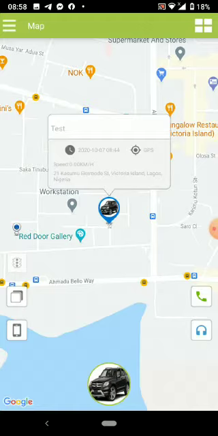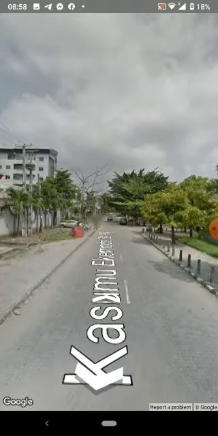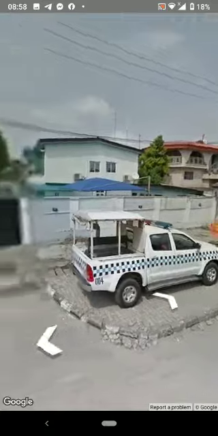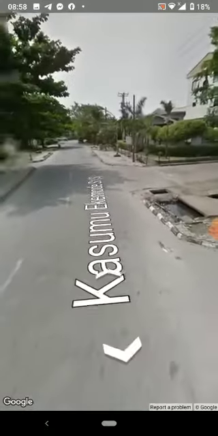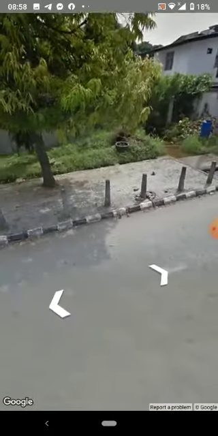Not only can you see where it is, you can also have a street view look at the vehicle. This here is just amazing, it's just brilliant. So you could see a 360 street view of where the vehicle is,